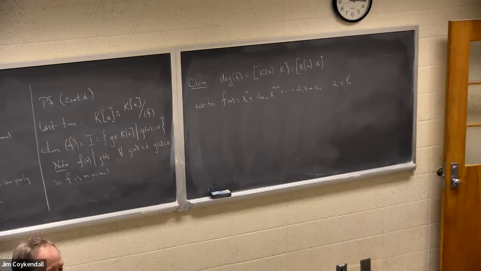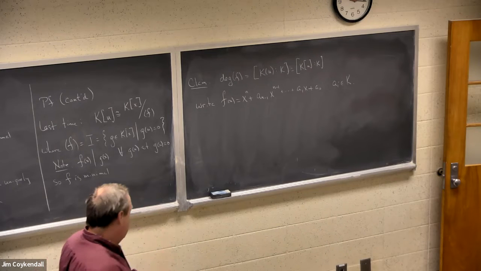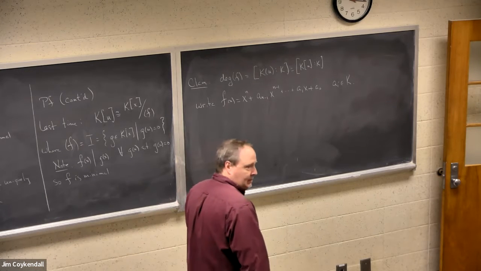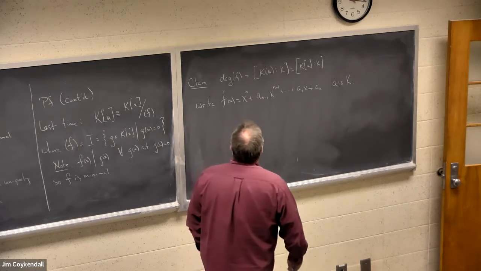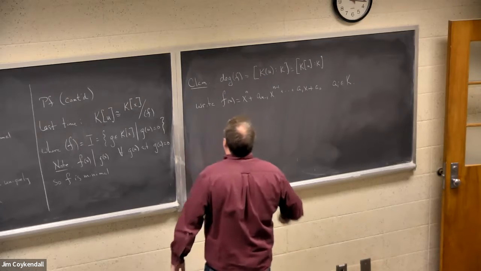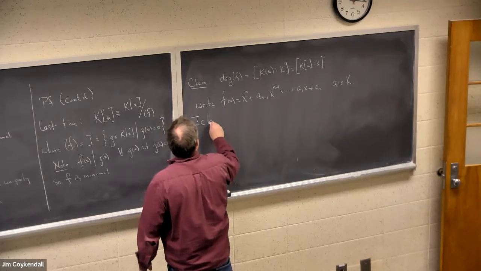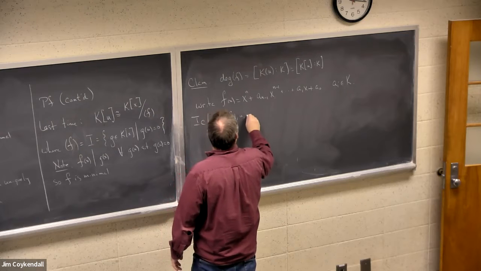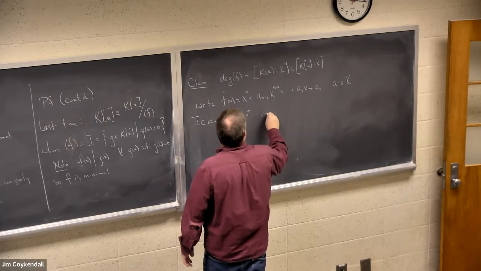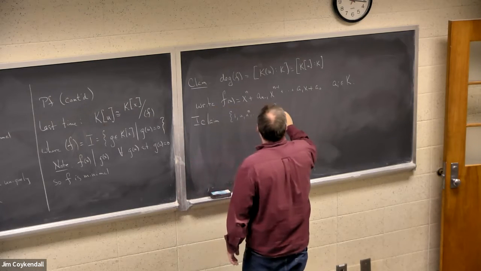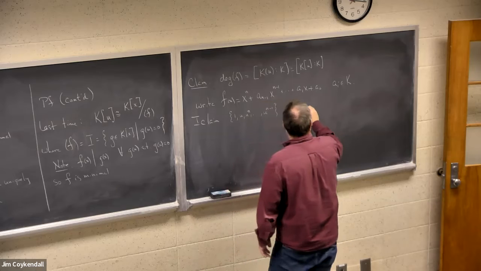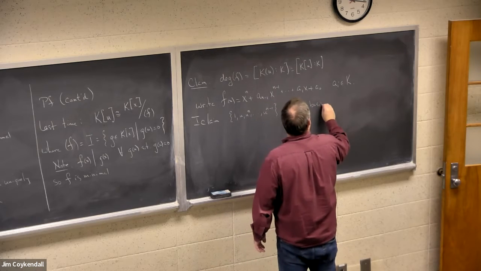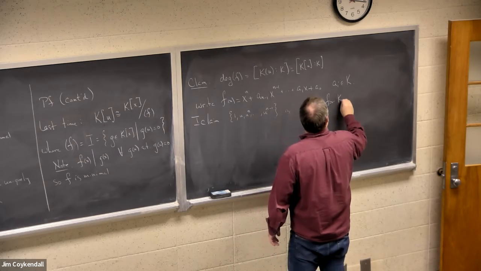So that means that the coefficient of the x to the n term is not 0. And since it's not 0, I can just divide out. Am I okay with this? So to get this, I claim that the set 1, u, u squared, all the way up to u^(n-1), is a basis for